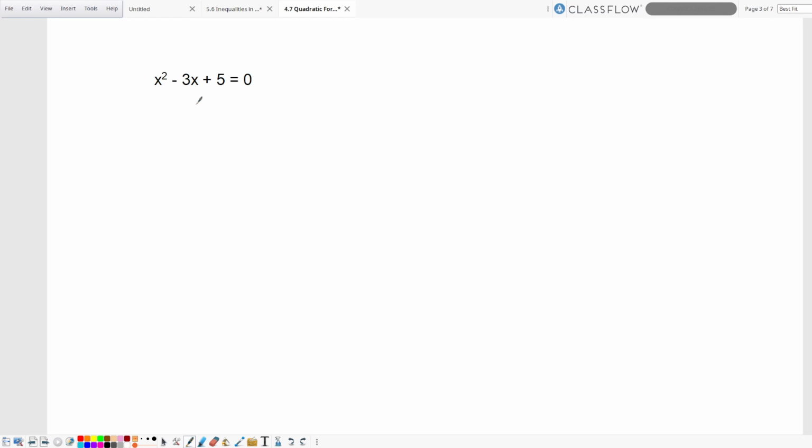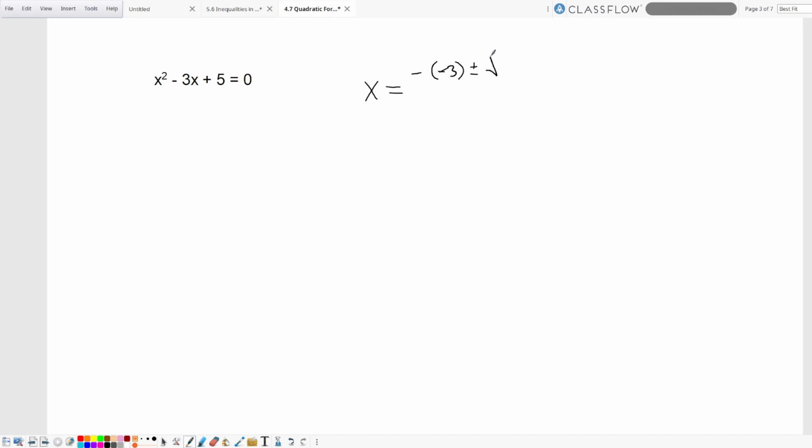So here's another example. Now we have x squared minus 3x plus 5 is equal to 0. This is obviously something that we could not factor because nothing multiplies to give us 5 and adds to give us a negative 3. Generally, we still want to look and see if we can factor because factoring is still going to be quicker. So x is equal to a negative b value, which is, in this case, a negative 3,